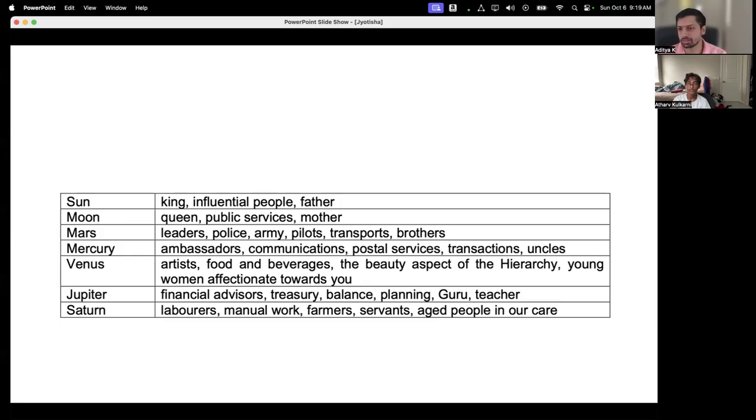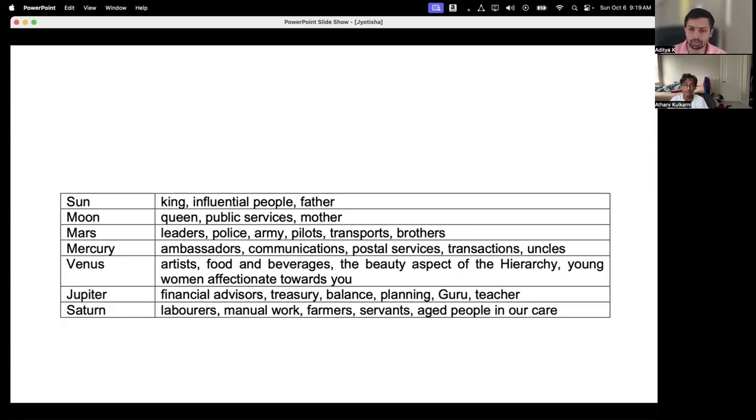Chandra gives basically public services, people who work in public service. Like for example, your electricity board in California, we have Southern California Edison. They provide public utilities, anything that people use on a daily basis, right? Public services. And Chandra represents the mother. Chandra, the moon, always represents the mother in a person's chart. How is their mother? Mother is always good, but how is the relationship of the person with their mother? That is dictated by Chandra.